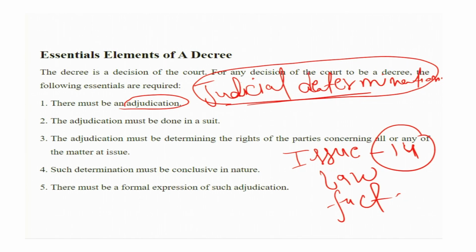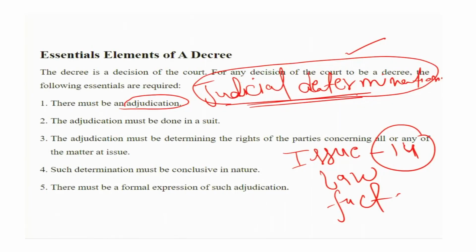What are issues of law and what are issues of fact, there are a few examples also. In our res judicata discussion also I have told you about matter in issue, matter can be of two kinds, matter of law and matter of fact, directly and substantially in issue, collateral and incidental in issue. But again I am telling you, in order 14, after reading plaint and written statement, out of the pleadings, court frames these issues, issues of fact and issues of law.